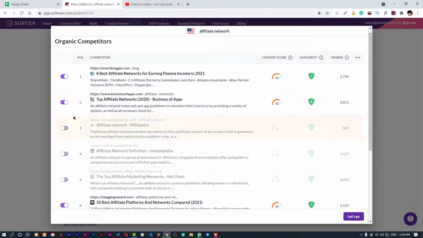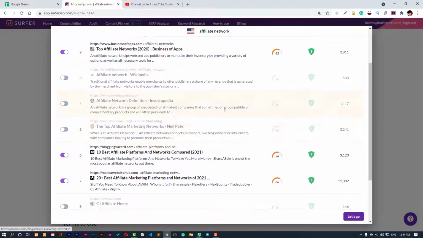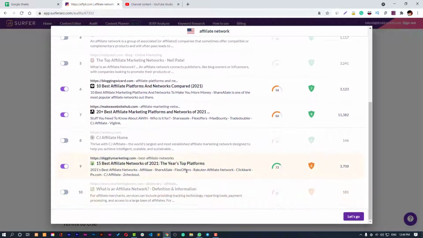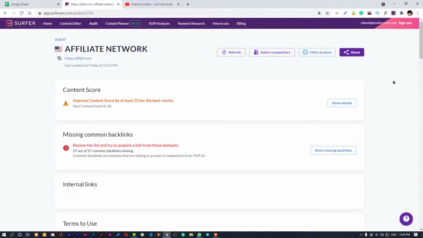If I have a blog, I will keep to the blog and disable all those which are not relevant to what my content is describing. It has automatically chosen some of them, and you can manually choose from this button out there. Just a toggle button, and then we have a complete picture of our audit report.